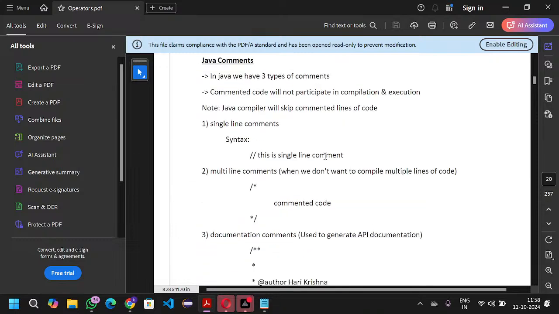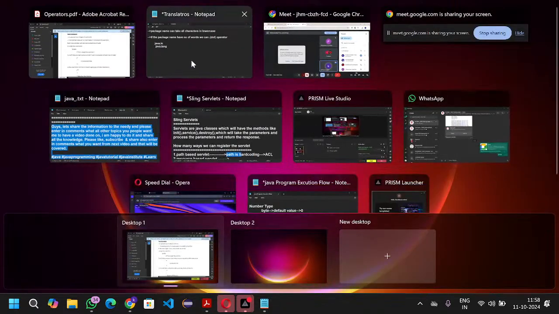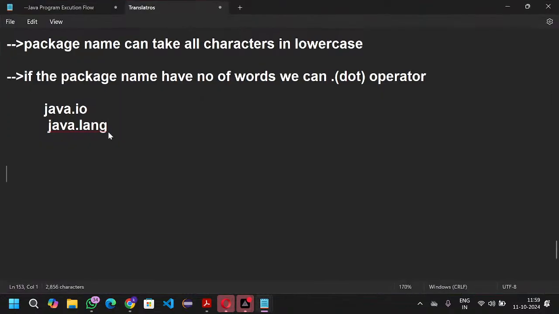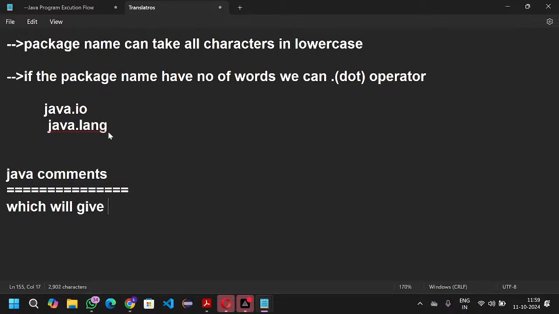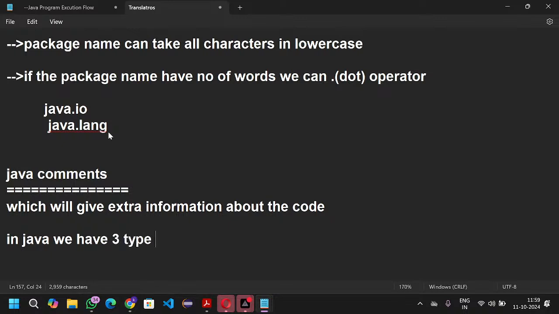Okay, now after that we have the topic of Java comments. What is the purpose of Java comments generally? They give extra information about the code. In Java we have three types of comments. The first one is the single line comment,